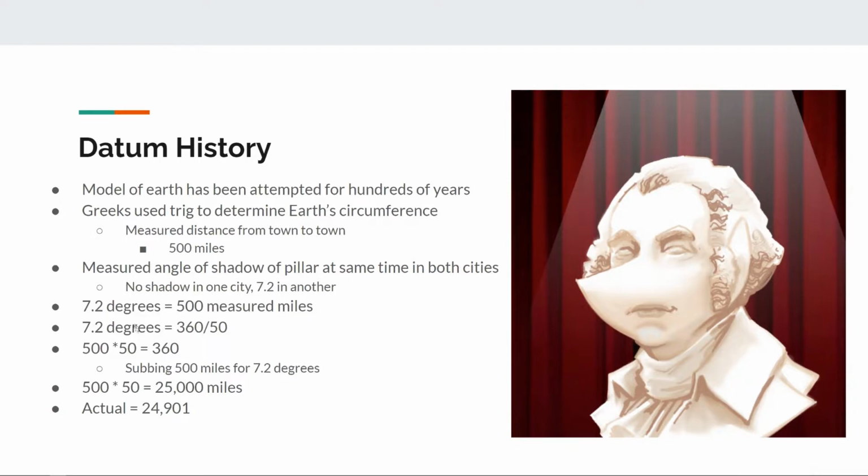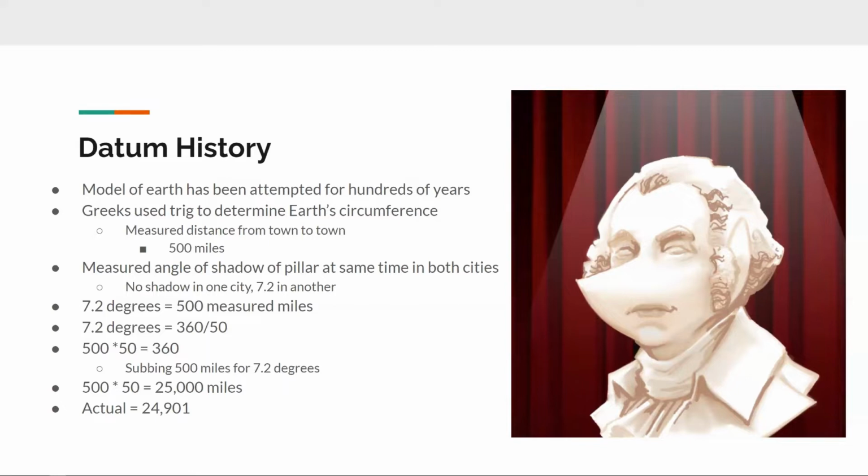And they know that 7.2 degrees is about 1/50th of 360 degrees, which is how many degrees are in a circle. So we're trying to measure the circumference of the Earth. All you have to do is multiply 50 times 500, which is equivalent to the 7.2 degrees. And then we get 25,000 miles. This is actually extremely close to the actual circumference, which is 24,901 miles,